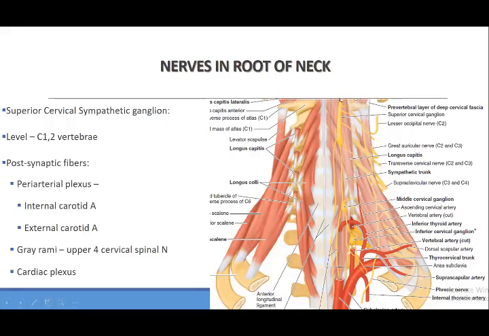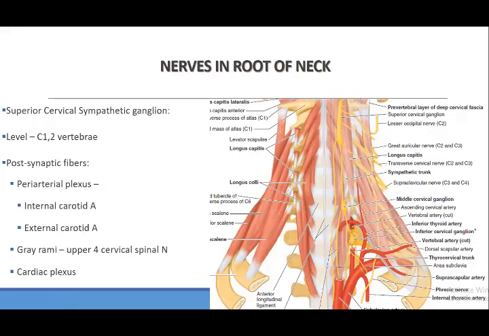The highest of the ganglia, the superior cervical sympathetic ganglion. ये C1 और C2 यानी फर्स्ट एंड सेकंड सर्वाइकल वर्टिब्रा के लेवल पे पड़ा होता है, एटलस और एक्सिस के लेवल पे। फर्स्ट इज एटलस, सेकंड इज एक्सिस वर्टिब्रा, सो उस लेवल पे ये पड़ा हुआ होता है। और इसके जो फाइबर्स हैं, अब ये हाईएस्ट है, सो इसके फाइबर्स दे फॉर्म पेरियार्टेरियल प्लेक्सस। अब इस लेवल पे यू हैव इंटरनल कैरोटिड आर्टरी, क्योंकि उसने